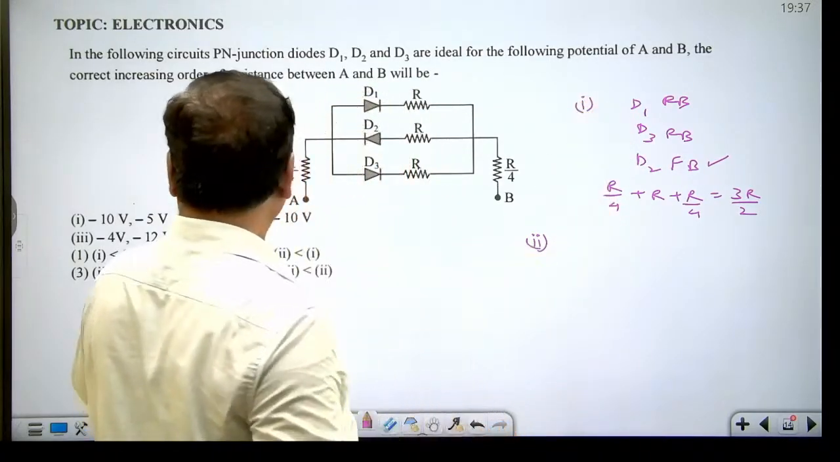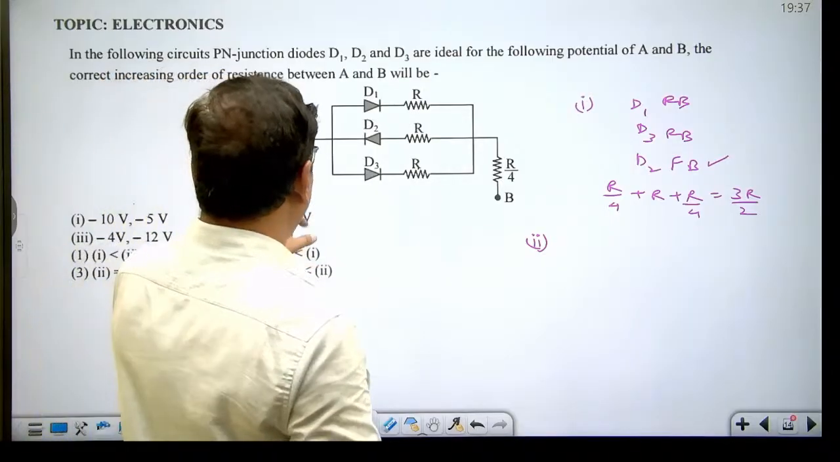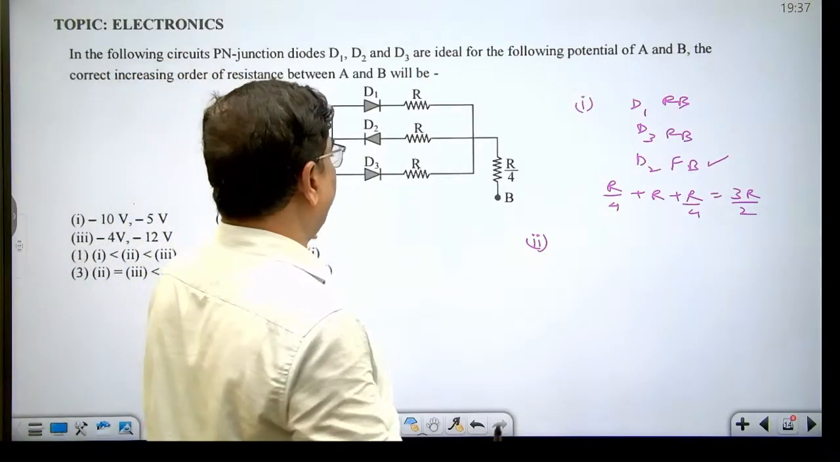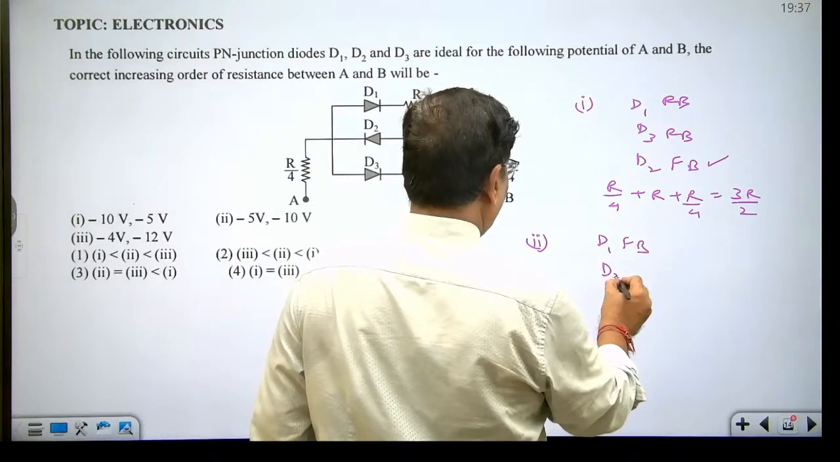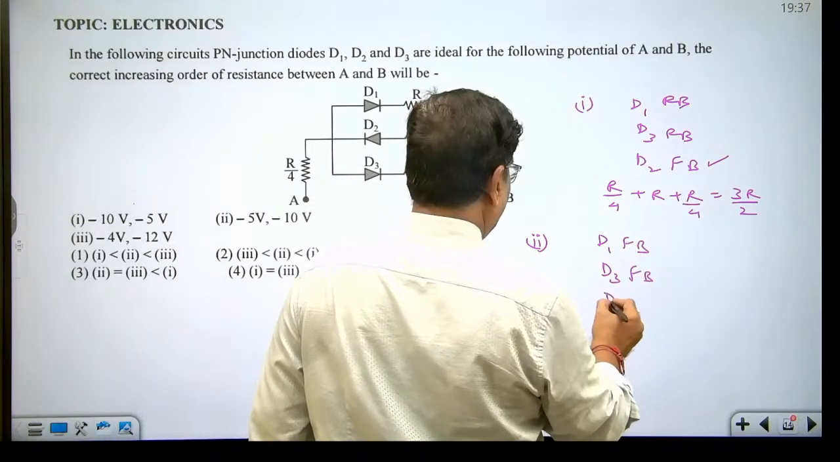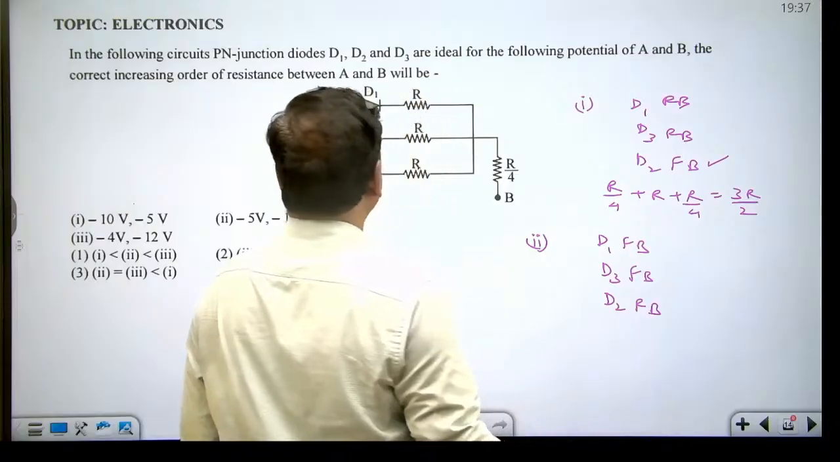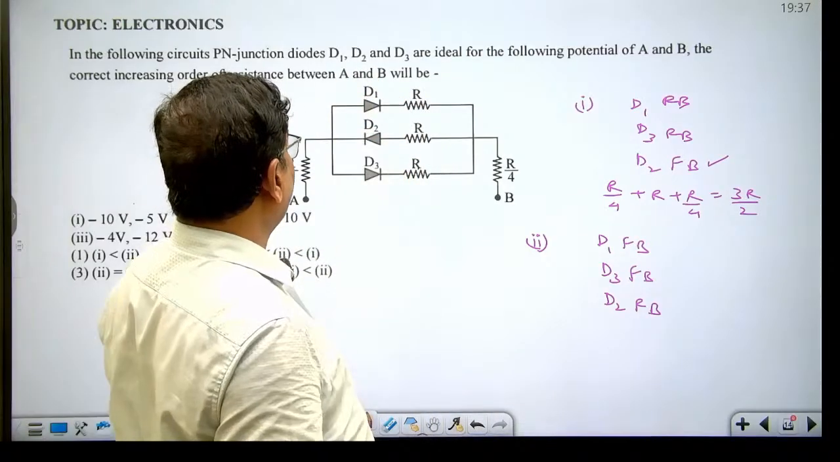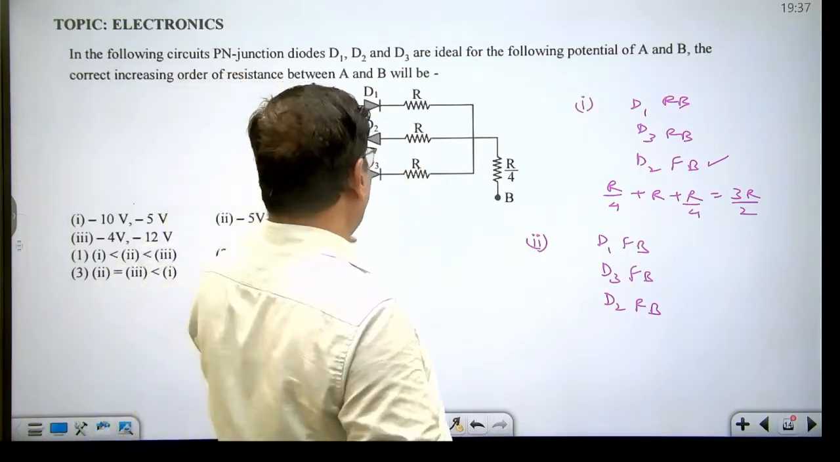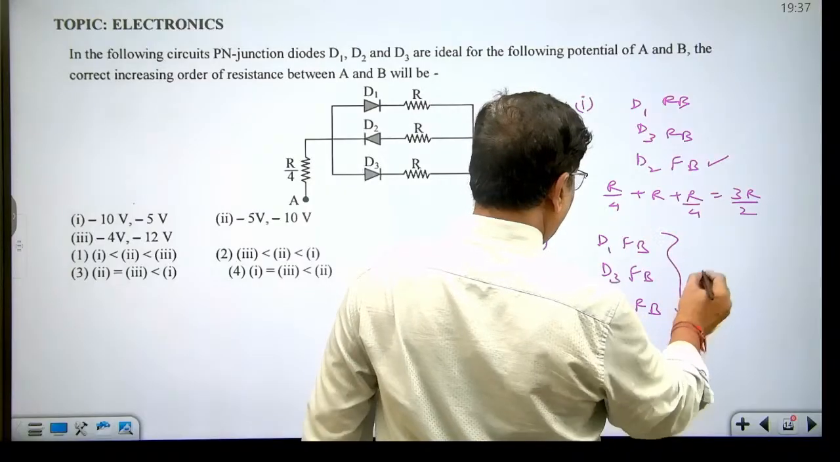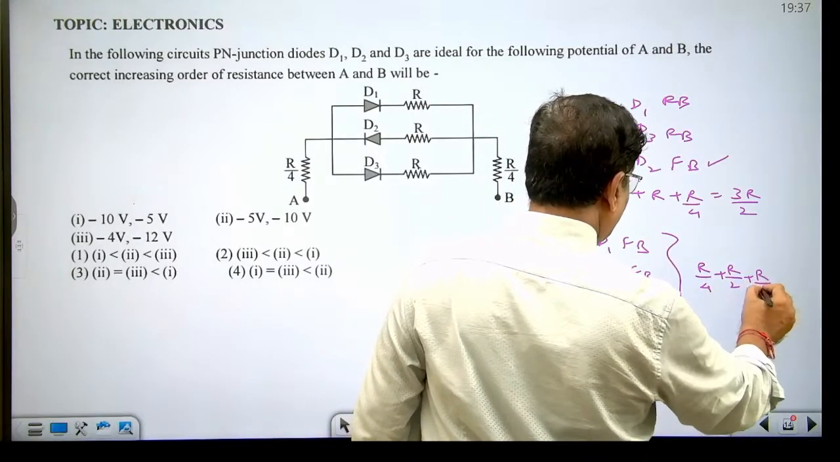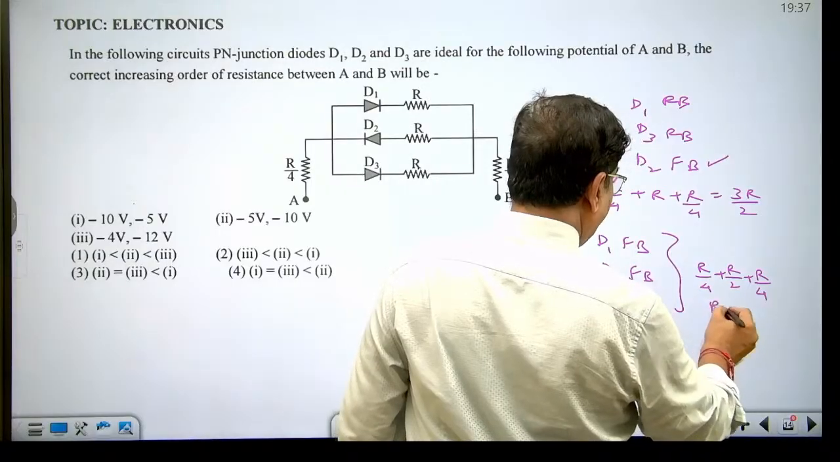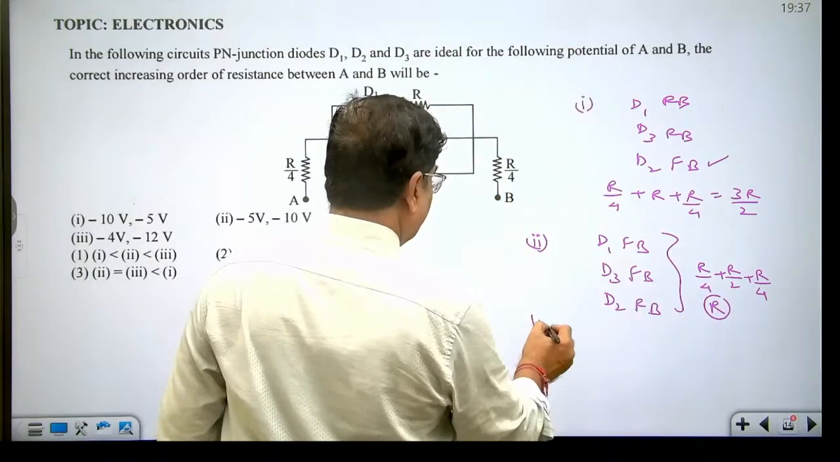For part second, minus 5 volt, minus 10 volt means A is at high potential. If A is at high potential, D1 forward bias, D3 forward bias and D2 reverse bias. So R and R will become R by 2, R by 4, R by 4. So total resistance will be R. Okay. In case of third,